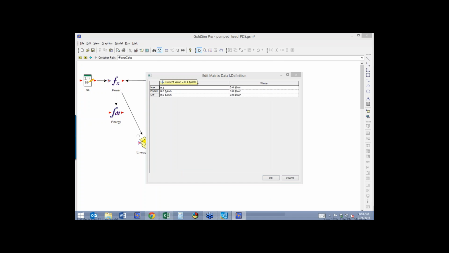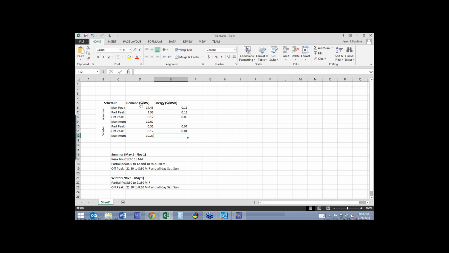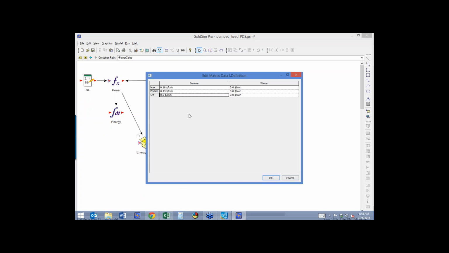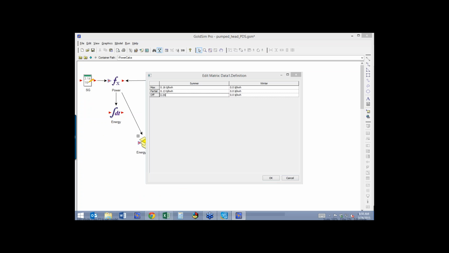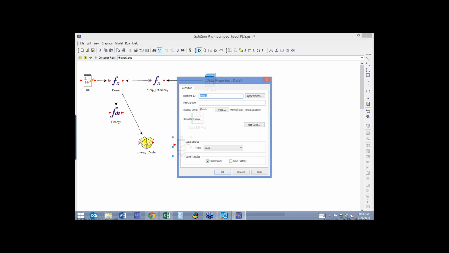All right, 0.16. You know what? I could just copy and paste this. Let's see. No, I can't. It's not in the same. It would be faster just to do this, I guess. 0.09. And there is no peak in the winter, so I just skipped that one. 0.07 and 0.04. Okay, and I'll call this energy rates. And go back in